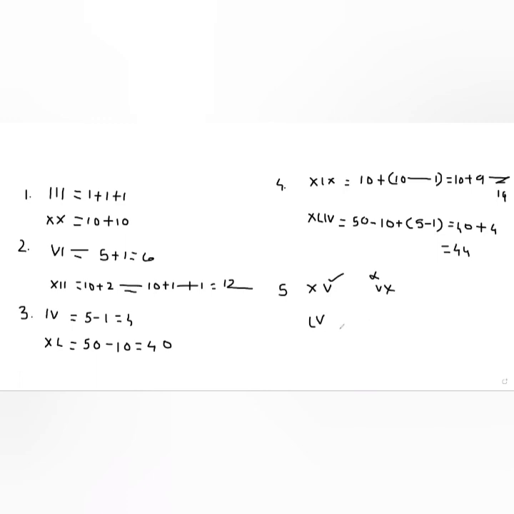If the smaller number is on the left, then we can write it. That is, V is 5, L is greater. Since V is smaller, the smaller number can be written before. But VL is not correct. If the greater number is written after the smaller number, that is not correct. You understand? These are the rules of finding.